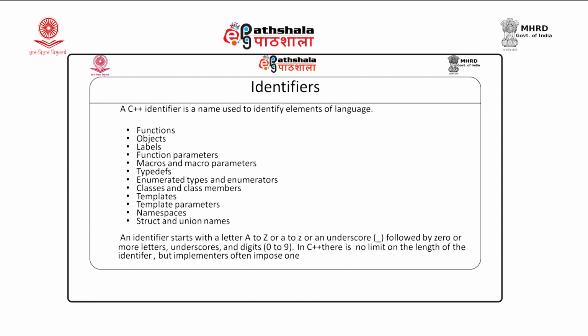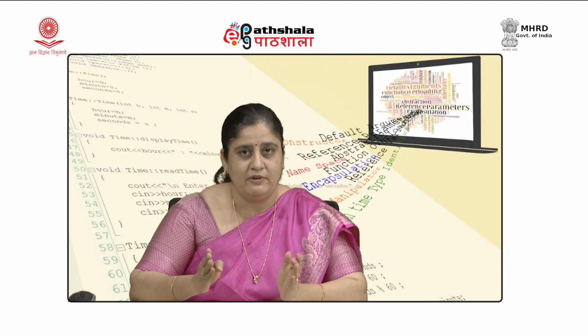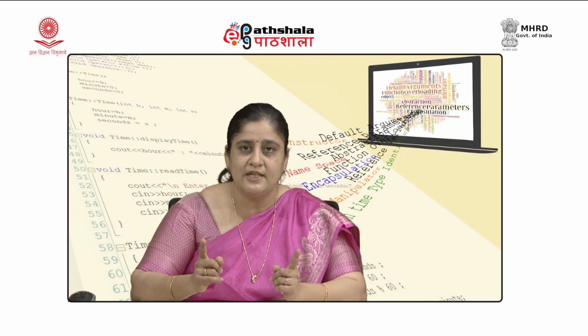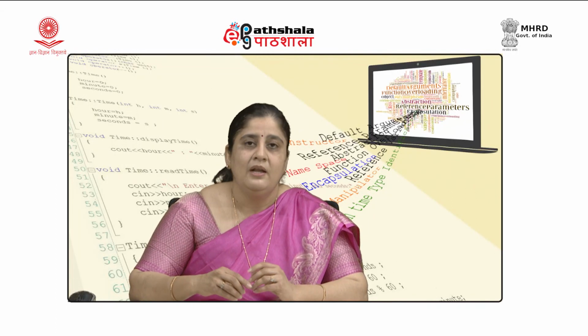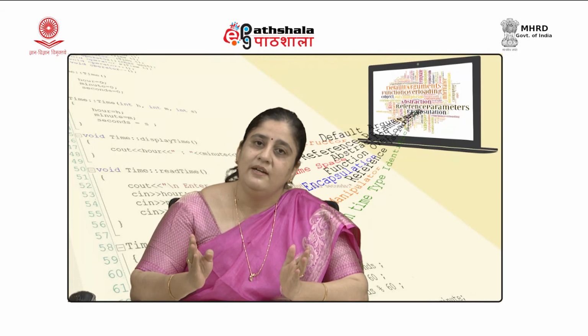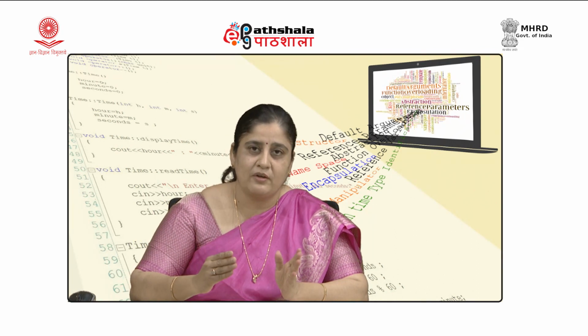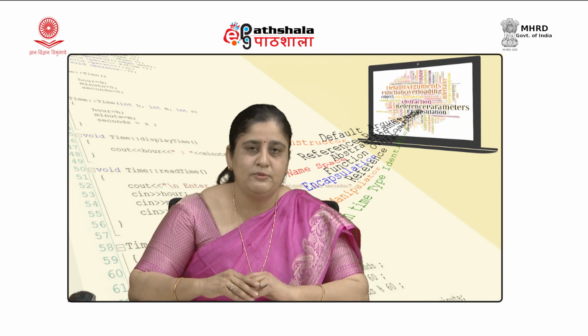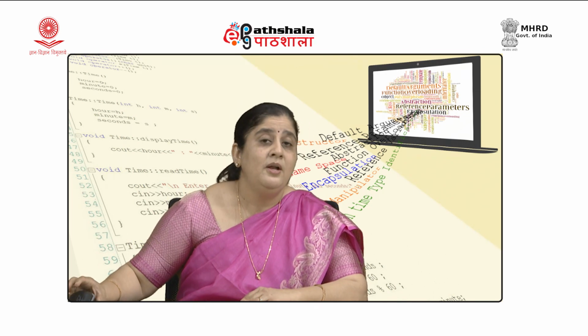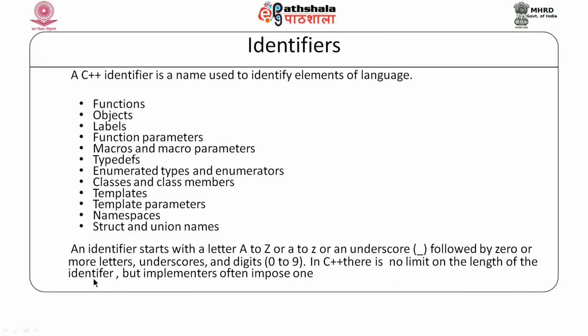In some of the languages, we have a restriction on what could be the length of the identifier. Most of the languages allow you to have the identifier of any length, but only the specific number of characters are significant. So, if you want two identifiers to be different, the first significant set of characters must be unique for each identifier that we define. Like if you would recall that in C, the length of the identifier is 1 to 31. In C++, there is no such restriction that has been applied onto the length of the identifier, but many of the implementations do impose one.